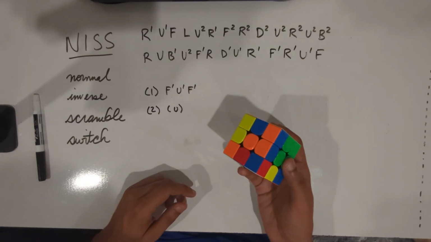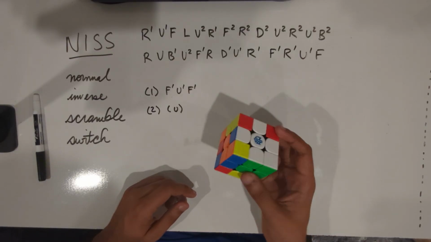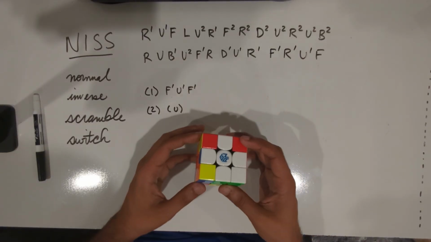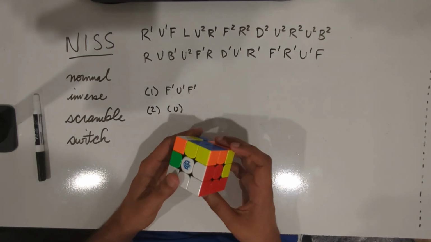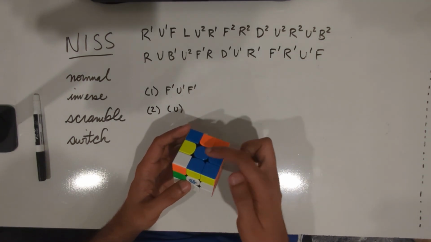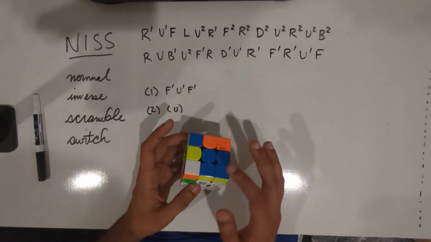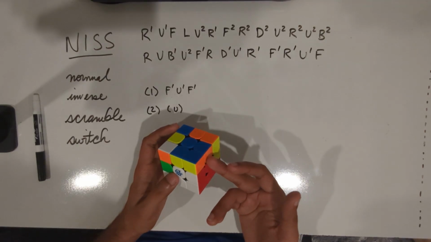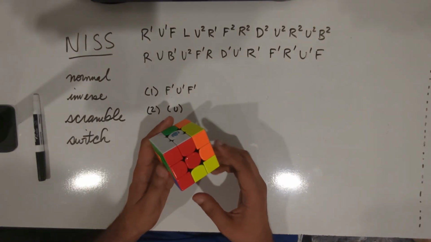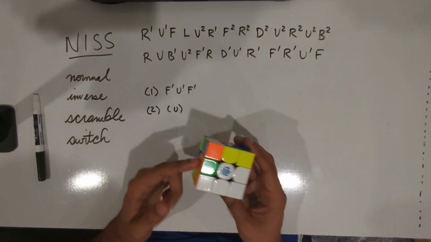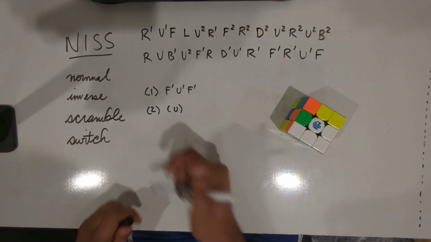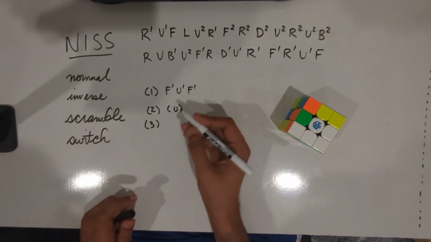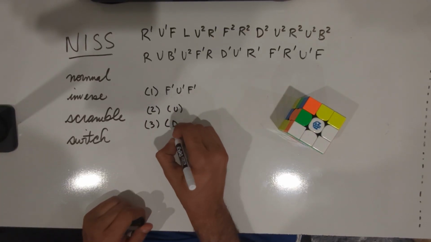Now let's just continue on inverse a little bit, and we notice that if we do something like DL2 B2, we also get this block here, but it isn't entirely clear how we should use it. So let's try to NISS. So the very first thing we're going to do is write that sequence down, and let's just write it down as sequence 3,